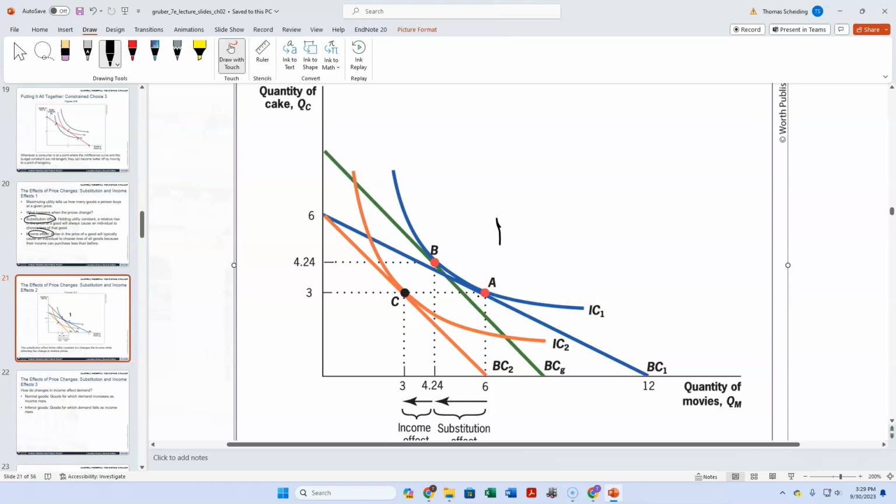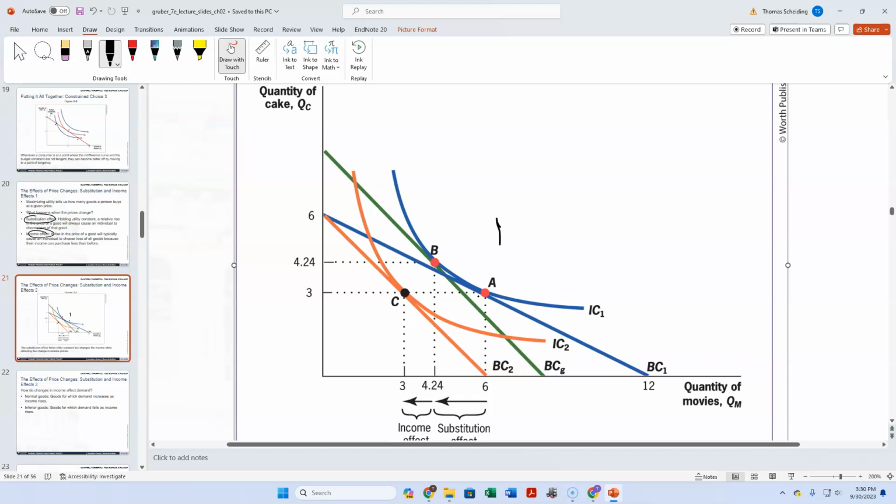Okay, when the price goes down, in this case we're looking at the price of cakes going down, then what happens is that we have to start out by describing the substitution effect. What we need to do is